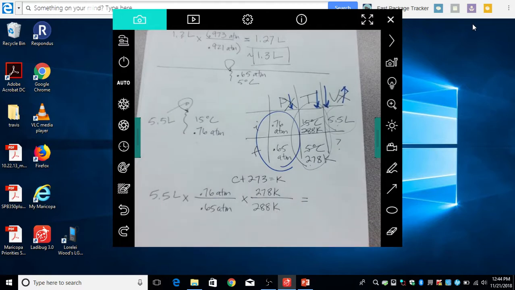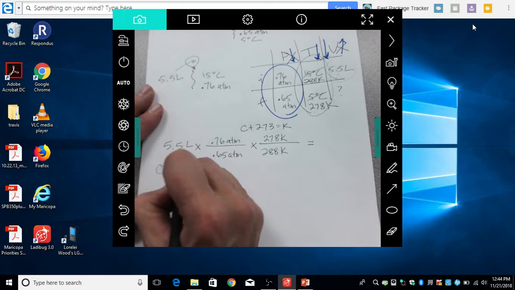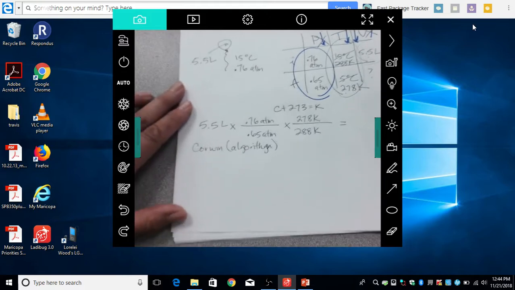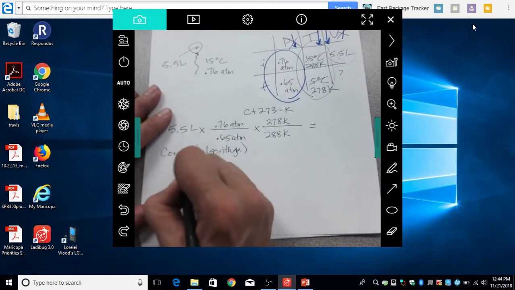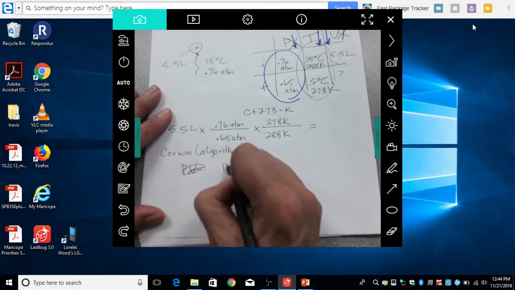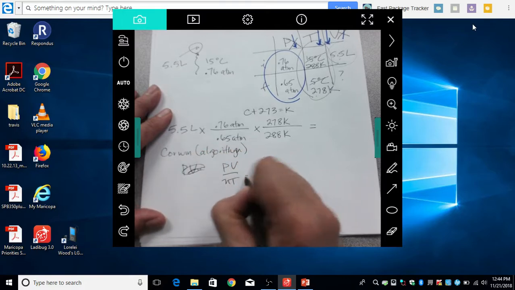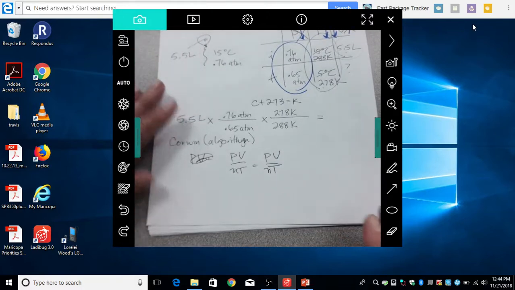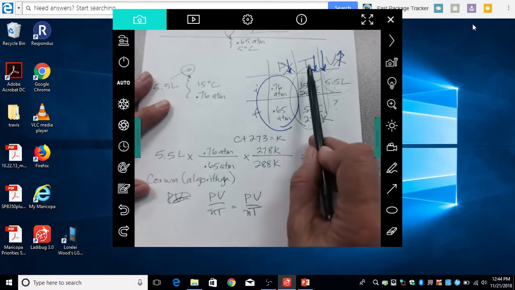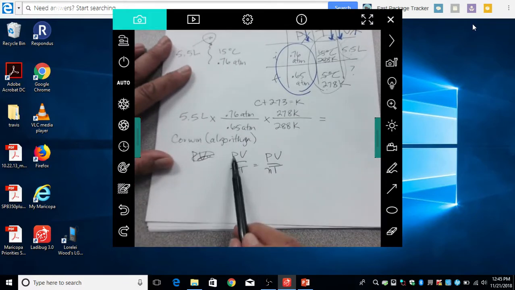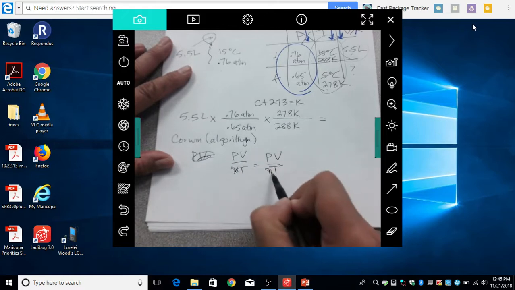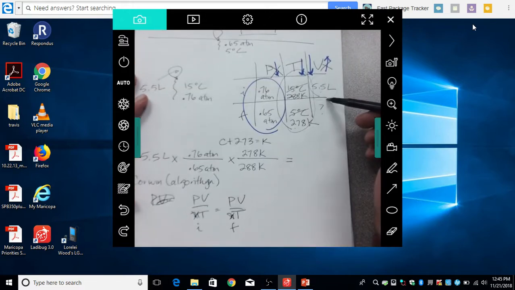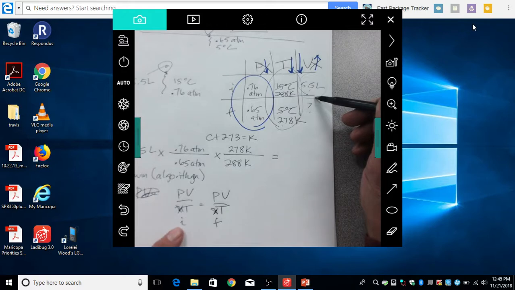There it is. Let me show you the Corwin way. It's actually using algorithms. Probably spelled algorithm right, but that's close enough. All right. Corwin says that if you've got PV over nRT on one side, actually, this is called the combined gas law, that you put them all together. And in this problem, we're dealing with only pressure, temperature, and volume. So we only need pressure, temperature, and volume. We don't need to deal with number of moles because the amount of gas in the balloon didn't change. So these are initial and final conditions. You can still use your grid that tells you how to organize things and use it in this way.